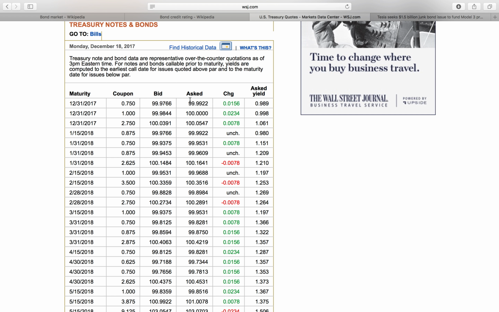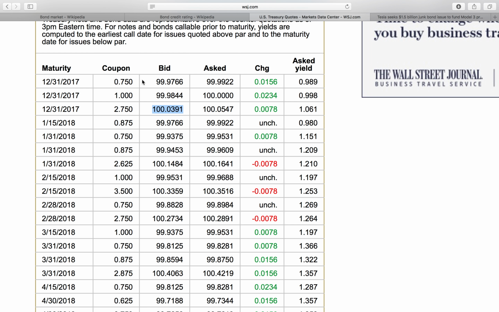Now, there's one kind of interesting characteristic. Usually these are based on the face value, which is 100 or 1,000. Here they've got 100. Without going into too much, because bond calculations can get quite complex, you can see that the price, we have a bid and ask here, will go down, or it'll be higher than 100. This all depends on when these bonds were issued and what happens with interest rates. That might not be intuitive right now, but think of it.